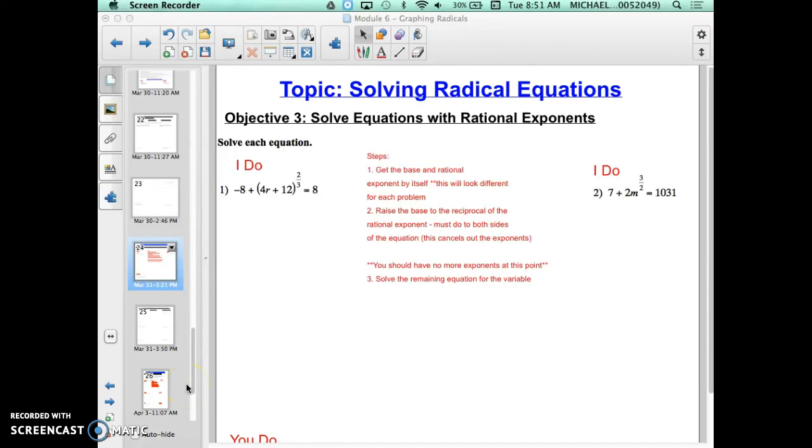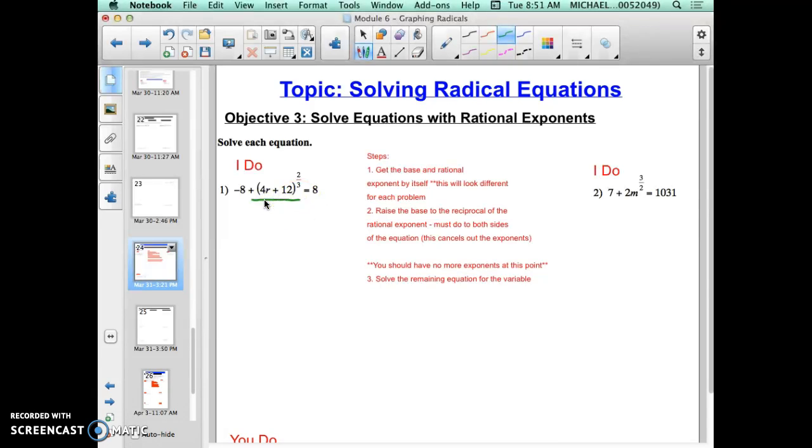The third objective in the topic solving radical equations is to solve equations with rational exponents. So with rational exponents, the big key here is that there is a power in the equation, and it's a rational power, a rational exponent, meaning that it's a fraction. And so the relationship, let's say number one, the first problem that I'm going to do in this video, right here,